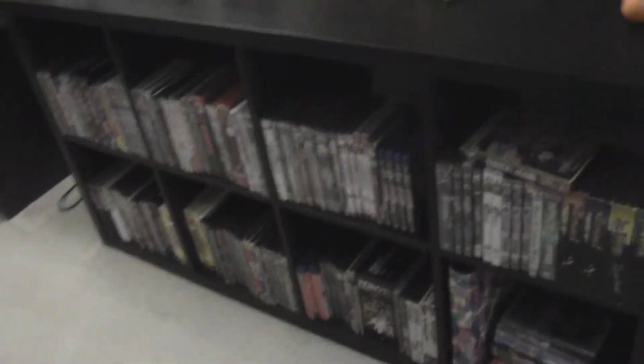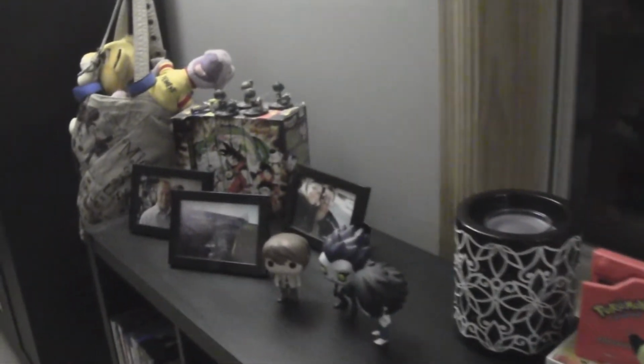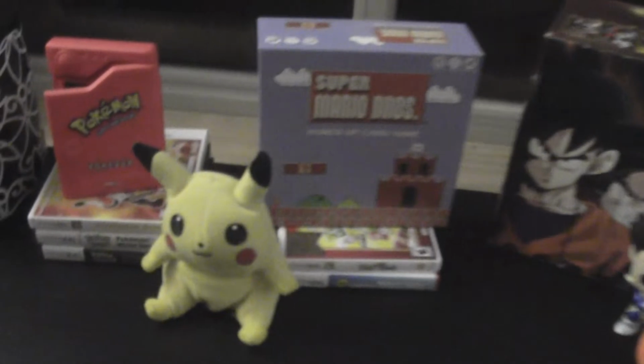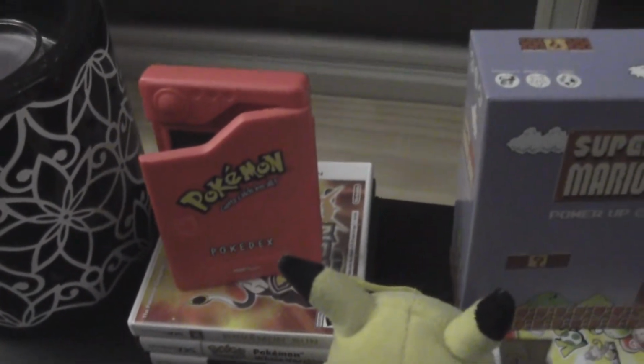So then next to my movie collection is my anime collection. We've been through that before. I don't think there's really much that's changed since last time I did a collection video. Up above here, I've got these VHS tapes of Dragon Ball Z. They are the Vancouver dub, so I love them for that reason. My Vegeta pop. I have here some Pokemon stuff along with my Pokedex that I've had since I was like